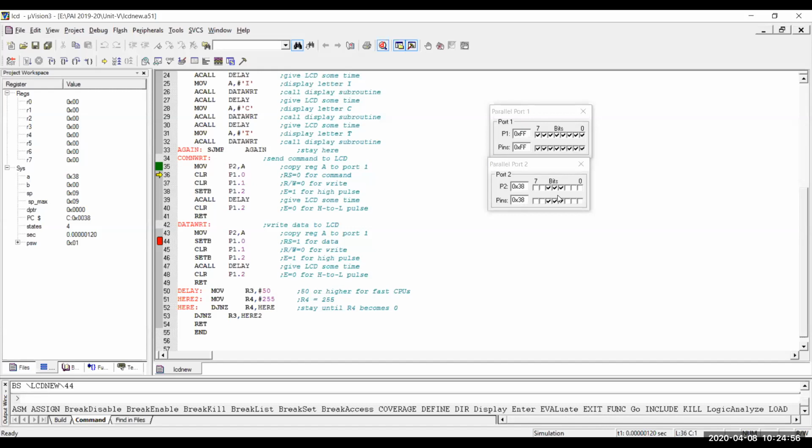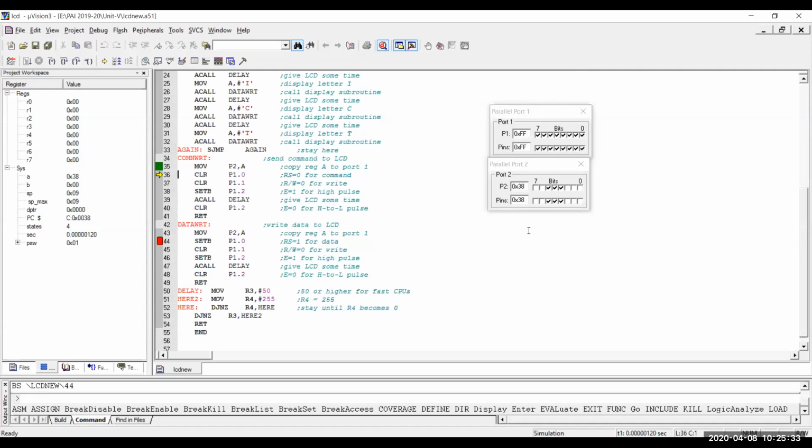Now there are a number of simulators present in the market, like Proteus. In that also you can make the connections and check your execution. Through that also you can check your execution, but that is not part of our actual practical. Instead, whenever the college opens, at that time I will show you the actual execution on the LCD external device. So this is the code required for your LCD interfacing, and in this way you can check your execution in Keil only.